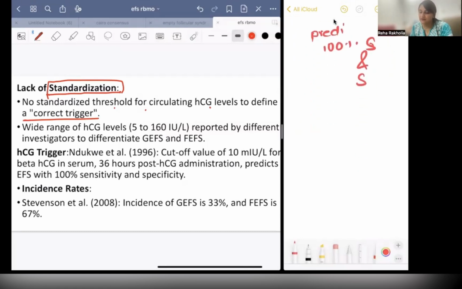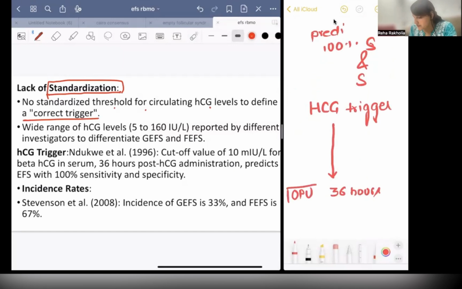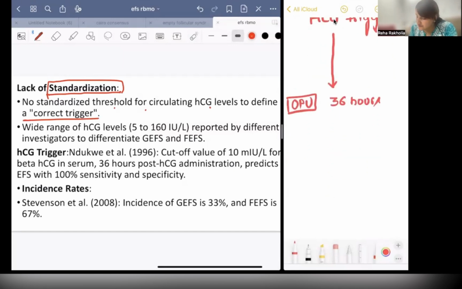What does this mean? See, we gave the trigger, the HCG trigger. We planned OPU after 36 hours. If the value is less than 10,